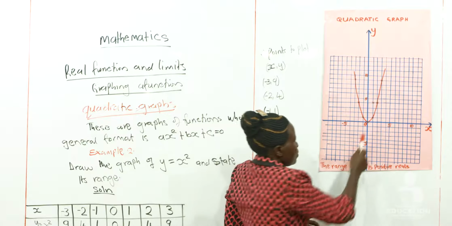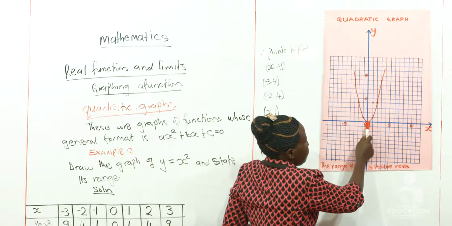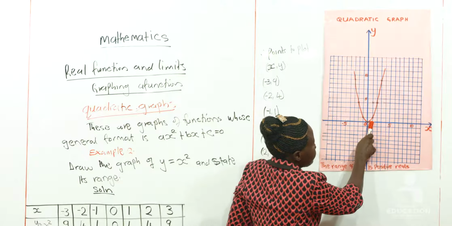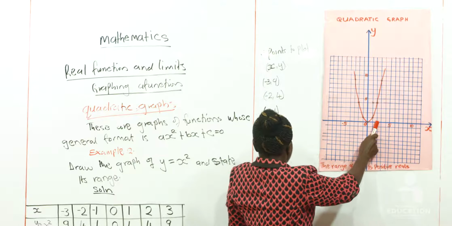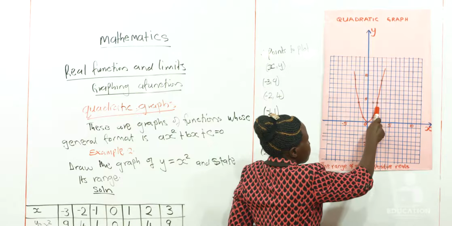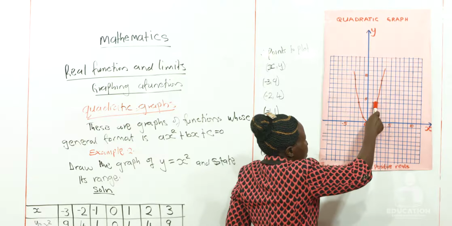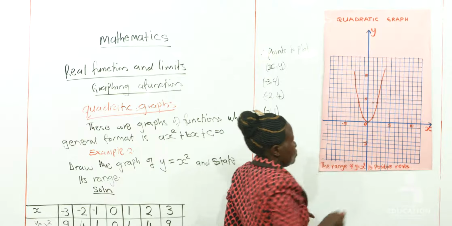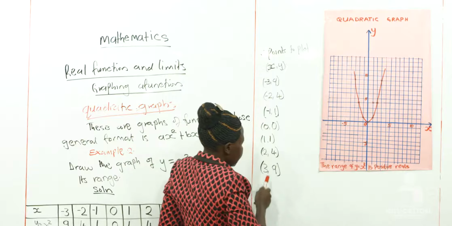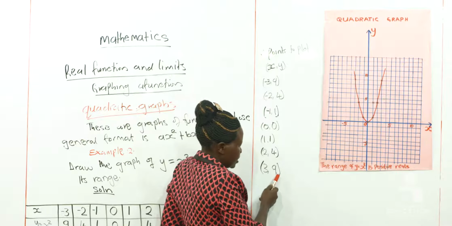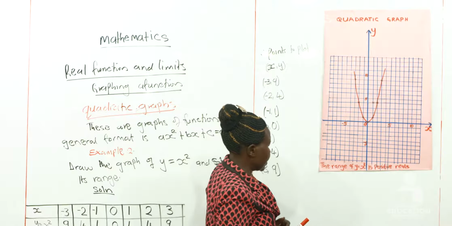y-axis. So you come here and say this is +2 on the x-axis. I will move from 0, 1, 2, and then 4 steps on the y-axis, 1, 2, 3, 4, and then you mark it here. It is on this line of 4. You mark it there. And then the last point is 3 on the x-axis and 9 on the y-axis, all